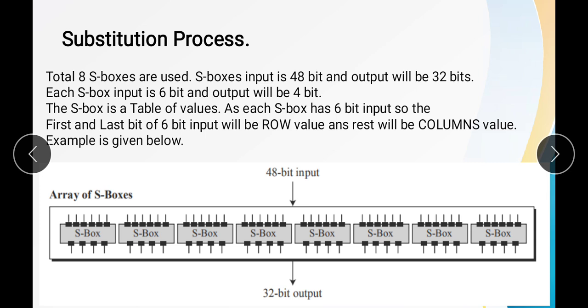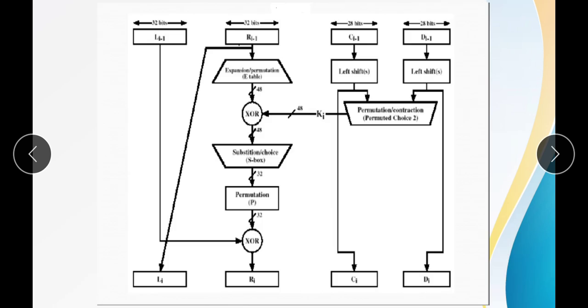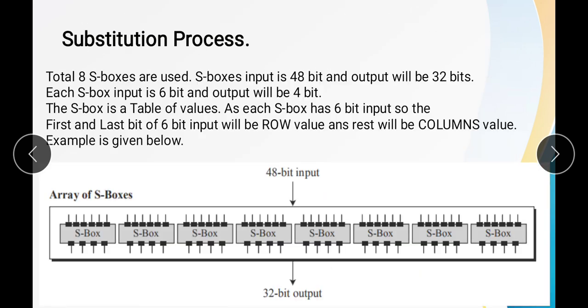Let's check the diagram once again. We have to perform substitution here using S boxes. The output of the S boxes will be 32 bits when the input is 48 bits.